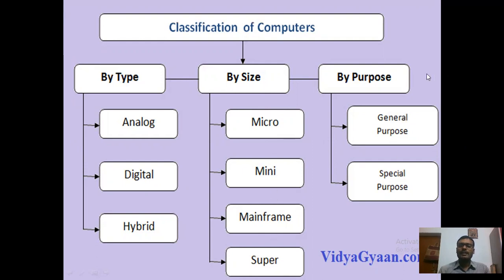Again, we can classify the computers by the purpose, and it is of the following two types: general purpose computer and special purpose computers. So in this class, we will discuss the type on the basis of principle of working, that is analog, digital, and hybrid. So coming to the next page,